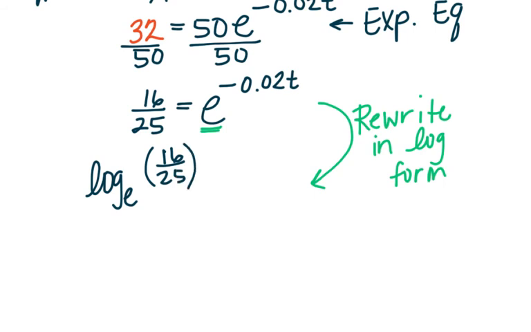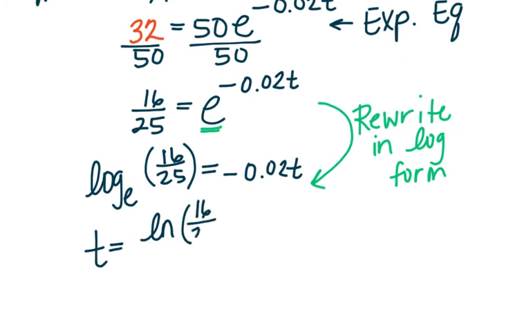That's my argument, 16 over 25, is equal to negative 0.02t. So once we go ahead and divide by the negative 0.02, and we also recognize that log base e is really the same as the natural log, then we'll have the natural log of 16 over 25, all divided by